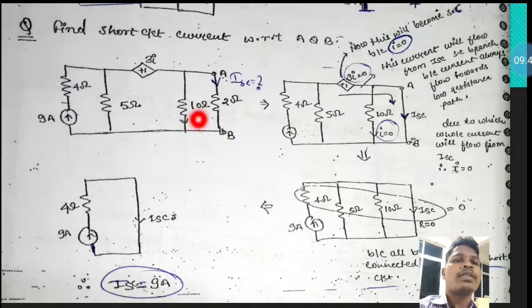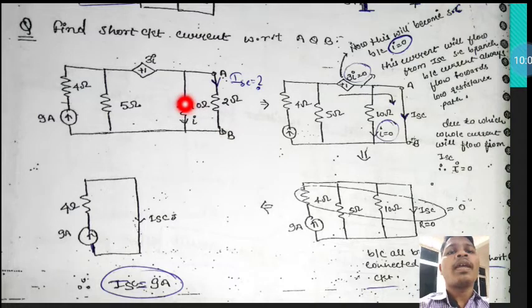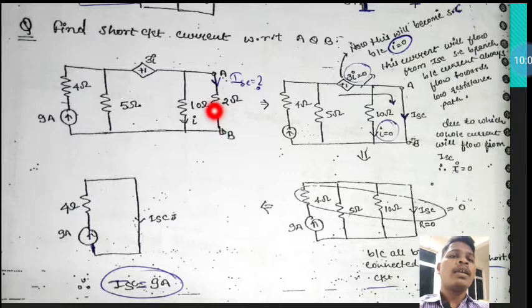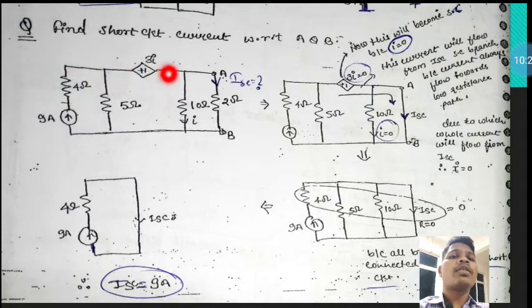So see, if we want to find the short circuit current across this, then first short circuit the 2 ohm resistance. That means this element is not there, only a short circuit path is there. If a short circuit path is there, then all the current flowing from this circuit to this circuit does not influence the calculation. So here the 10 ohm gets replaced by these sources. All the current flowing through this will be passing through this only.